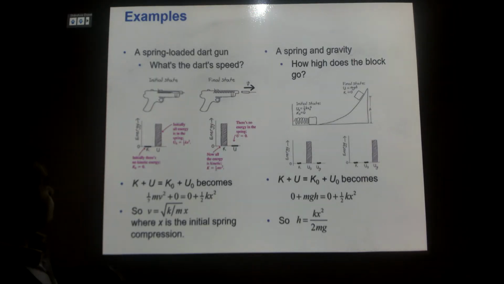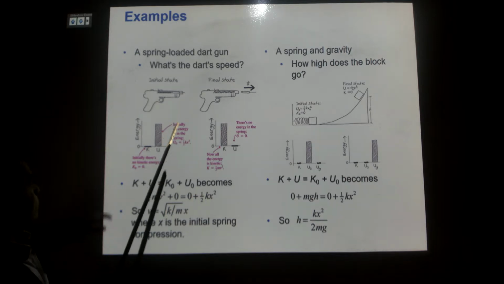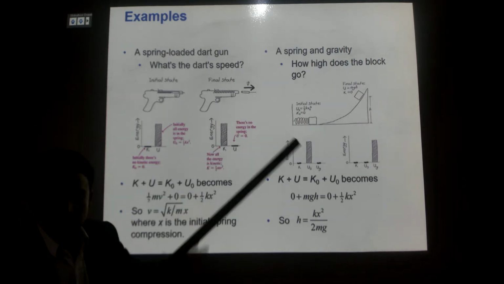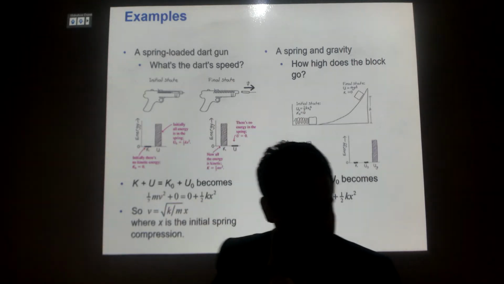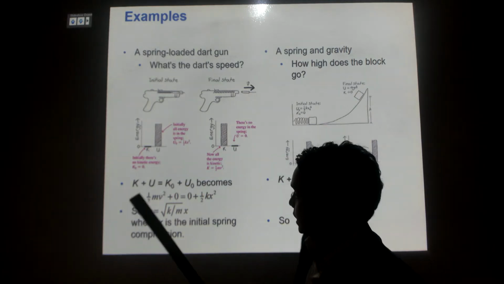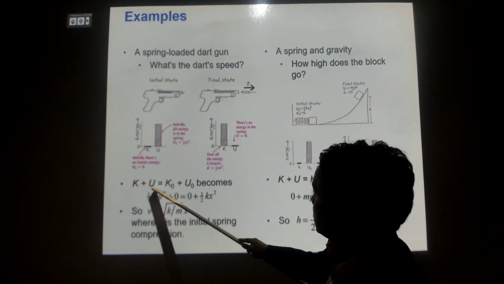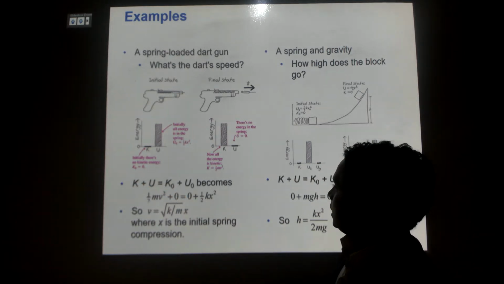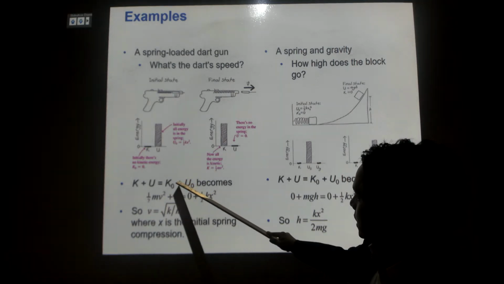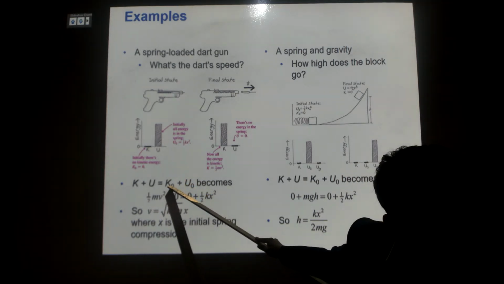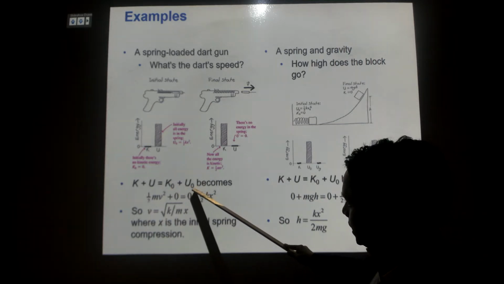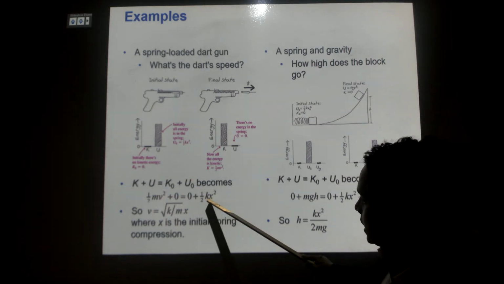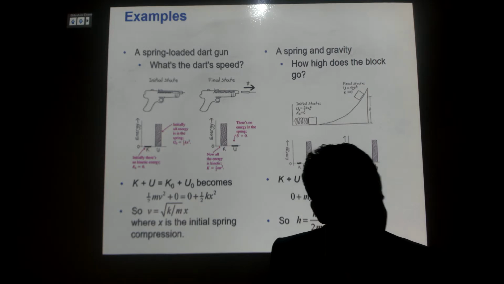Let's say, for example, you have a gun here, and in this case it does not have any kinetic energy. All the energy is stored in the form of potential energy, and this is the total energy, where K is the kinetic energy and U is the potential energy. In this case, this is your initial energy. Initially it doesn't have any kinetic energy. What it has is only potential energy. So I'm just equating half m v squared, which is the kinetic energy, to the stored potential energy, and you can calculate the velocity of the bullet.